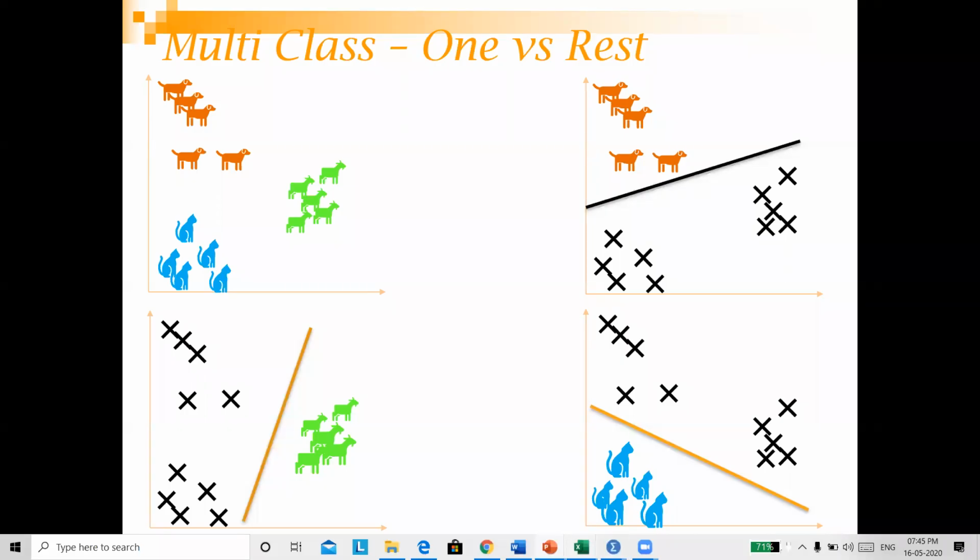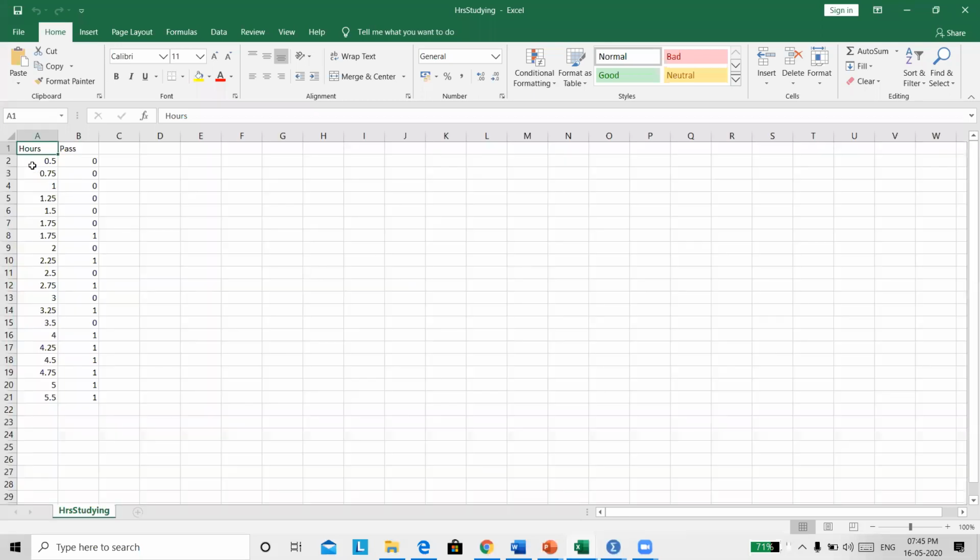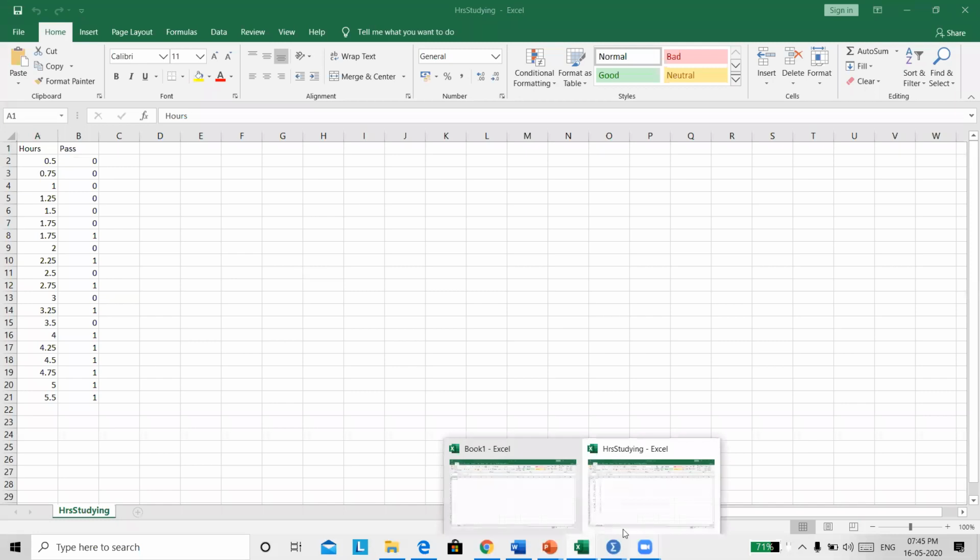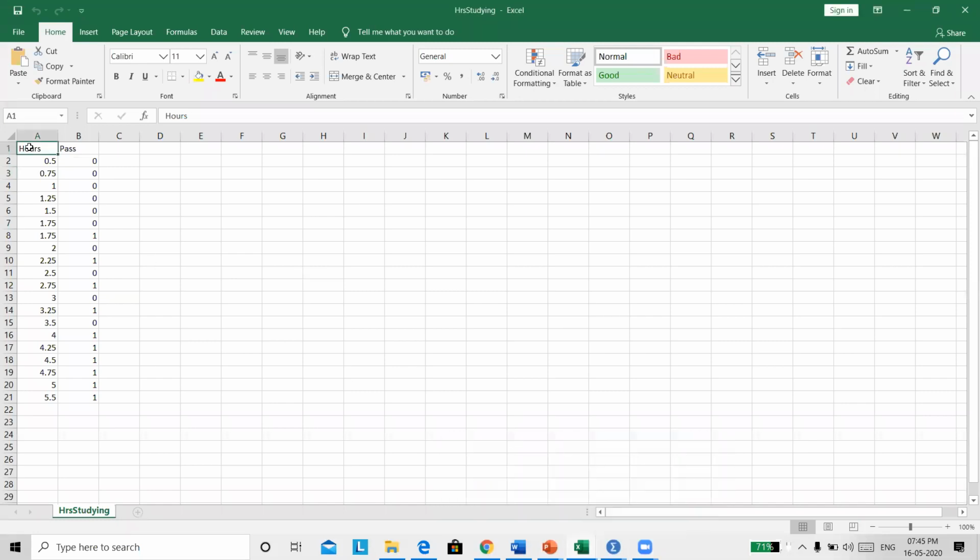Okay, so basically, you have data like this. Can you see the data? Yes, sir. Okay, perfect. So there are two variables. One is your number of hours, and another is whether you are passing or failing. And as discussed, we have made fail as 0 and pass as 1.